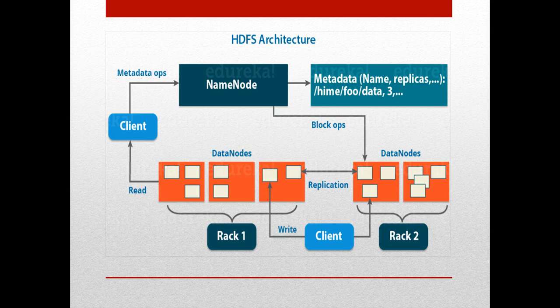The data node sends heartbeats to the name node, heartbeats in the form of information about which file is stored, what is the data stored in the file. Such information is sent from the data nodes to the name node. So name node plays an important role in the HDFS architecture. By default the replication factor is 3, but the user can provide the replication factor and increase the number of copies that are to be stored in the data node. The data node is used to store the data in a safe manner.